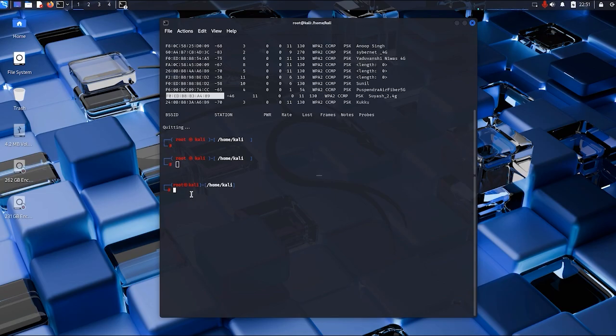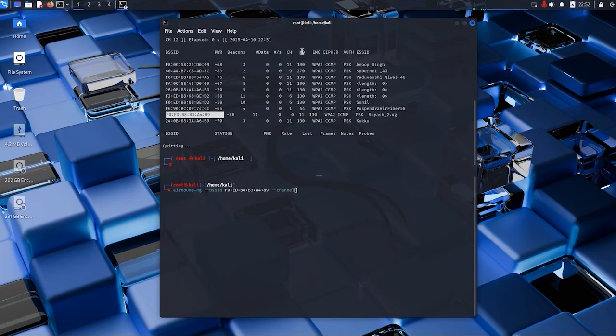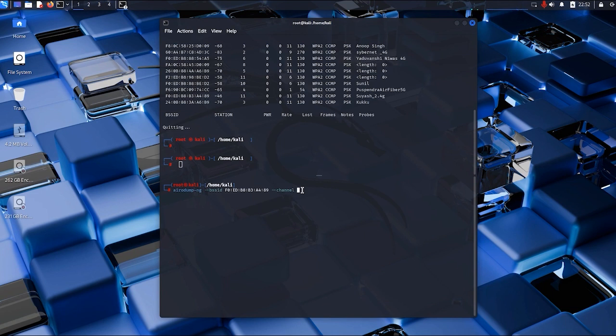So let's come here and we will just type a command, that is Airodump-ng --bssid, and then we have to give the MAC address of that particular router. So we will just paste it here because we have copied it, and then we will give it the channel number. And let's see what was the channel number here. So the channel number of this router was 11, so we will just type here 11,